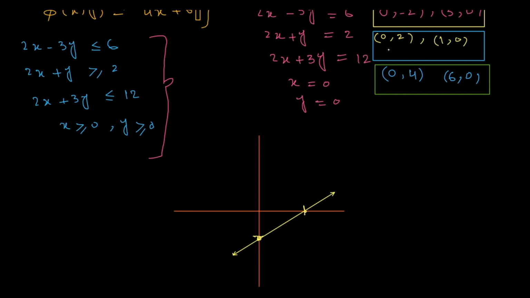Yes, this is your point and this point. Okay, let this line be the first line, and now the points are 0 comma 2 and 1 comma 0. 0 comma 2 means this point will be over here, and 1 comma 0 means it is 1 comma 0. So our next line will pass through